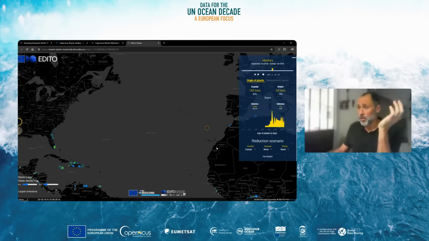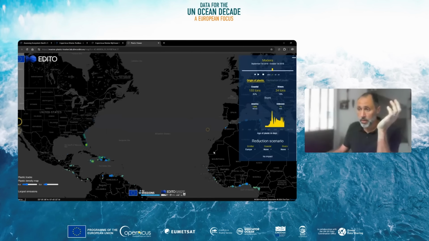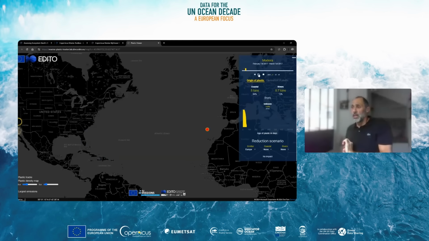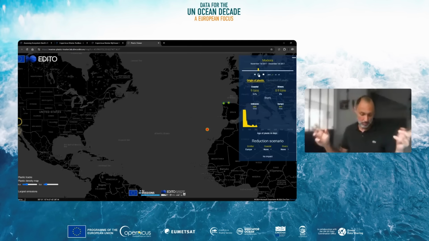So it means that you can display the origin of the plastic during this 3-year simulation, or the destination of the plastic. So for example, if I go back to the beginning of the simulation and you check where the plastic in Madeira comes from, you will see that very young plastic litter comes from Madeira.